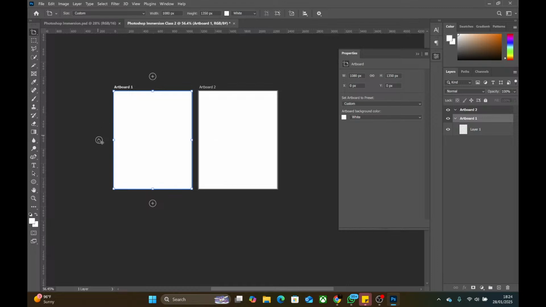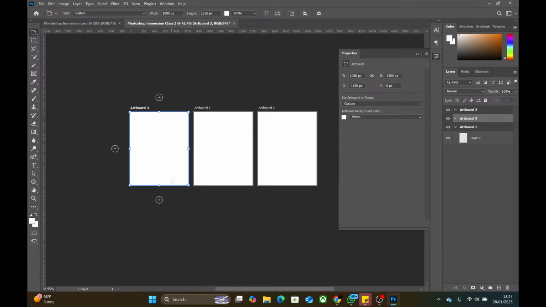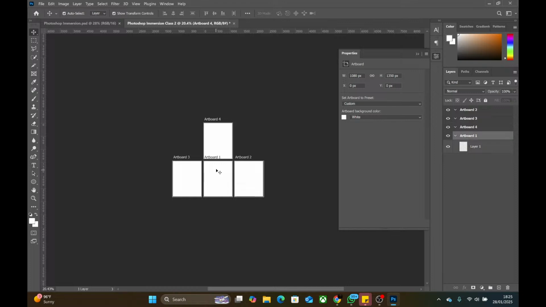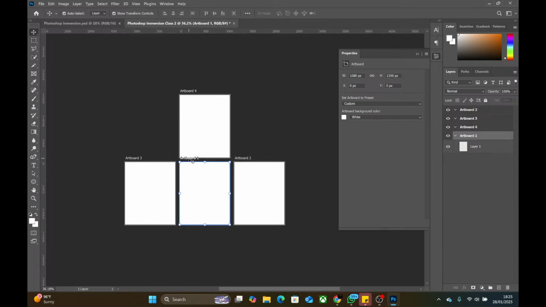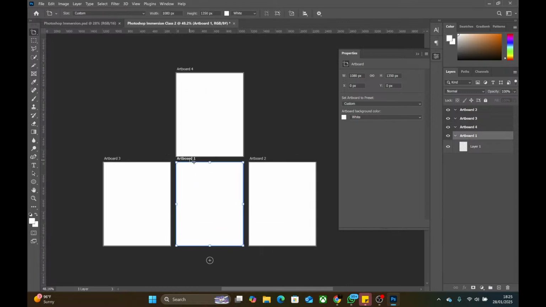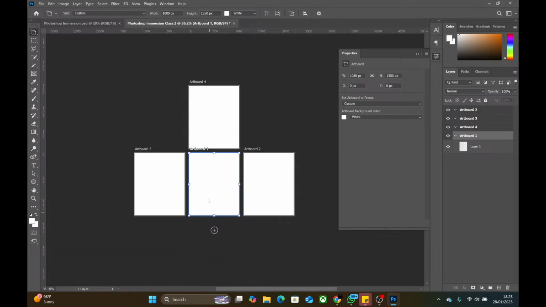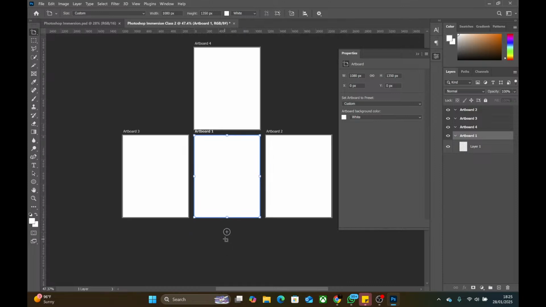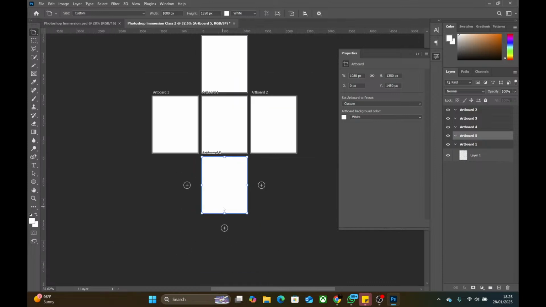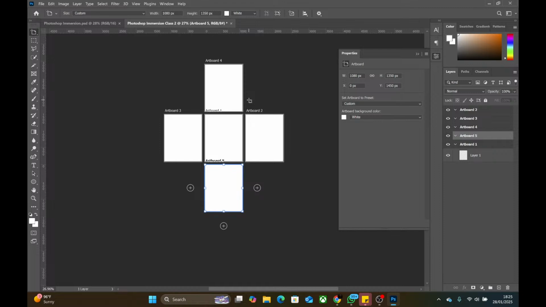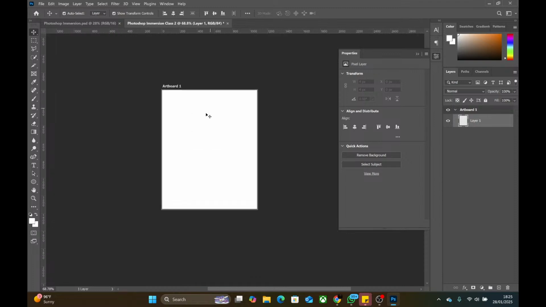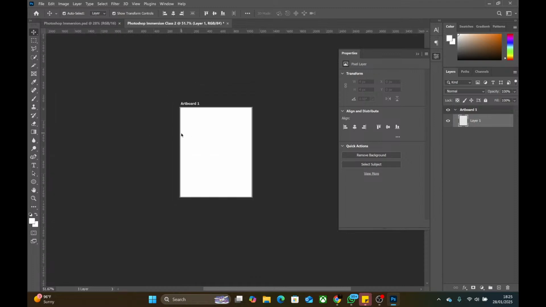So anywhere you see the plus, if you click there, you will have another artboard in the same dimension. On top we have one, and then at the bottom you click on the name. You have to click on the name of the artboard before you can see the plus mark, not inside the artboard, on the name itself. So you click on it like this, then it adds another artboard. Now I will undo everything that I just did and be left with just one artboard, 1, 2, 3, and 4. So that's how you can add the artboard.